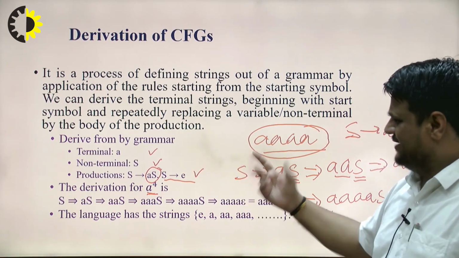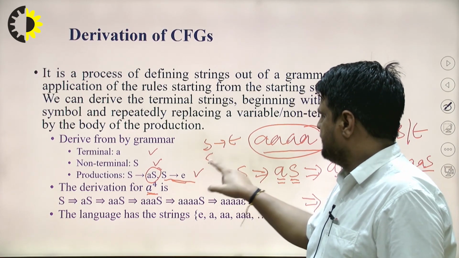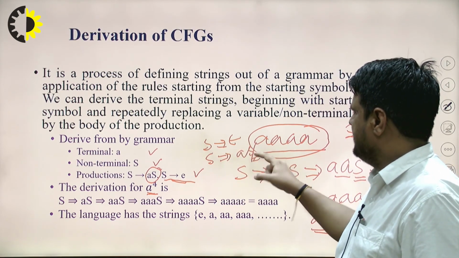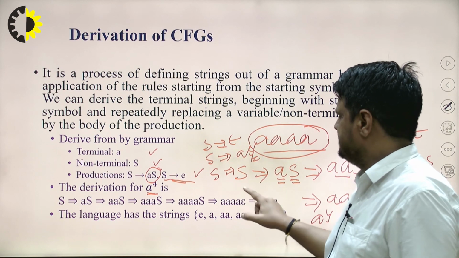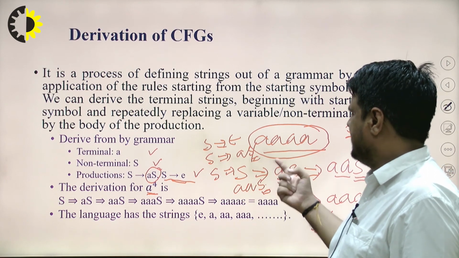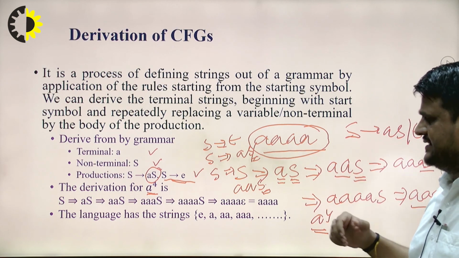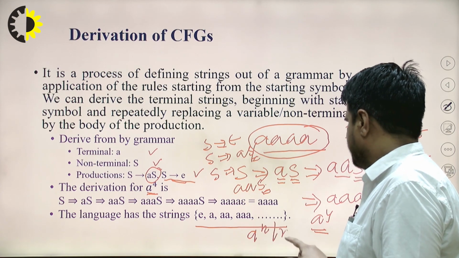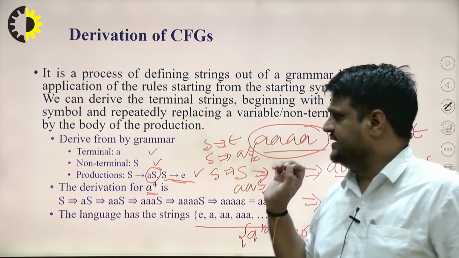You can think about the language: it will generate, starting from the start symbol, epsilon if you use the production once, right? So aS, and this S is replaced by epsilon, so it will generate a. If you use this particular aS twice, you will get aaS. After that, you replace this S by epsilon, so you will get aa. If you use it thrice, it will generate a 3 times. So overall, you can see it will generate the language a to the power n, where n is greater than or equal to 0, right? So in this lecture, it is sufficient, I hope so.